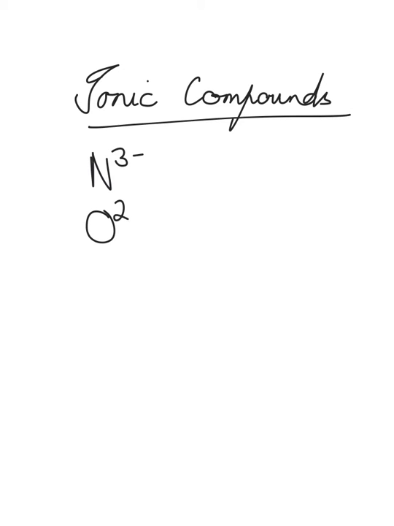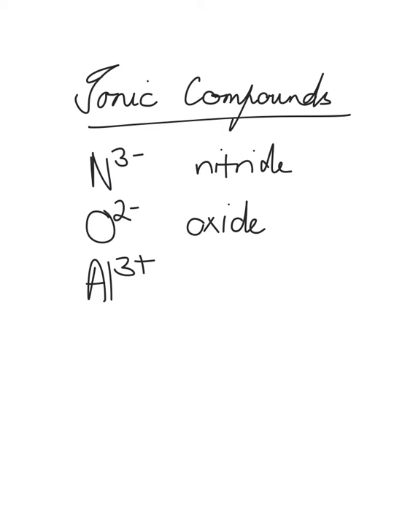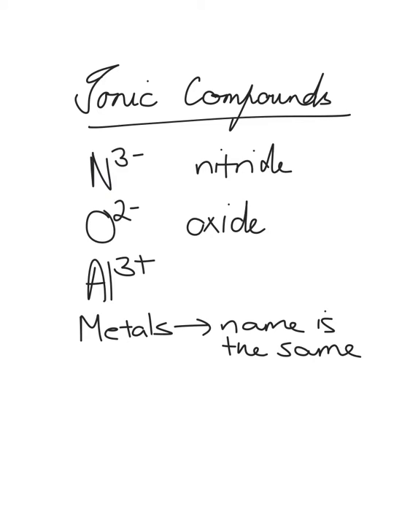Similarly, oxygen forms an ion called oxide, and nitrogen becomes nitride. We can tell aluminium is Al3+ because it's in group 3. Just remember when you do this that metals keep the same name as an ion, but as a non-metal, the element takes an "ide" on the end, so oxide, nitride,